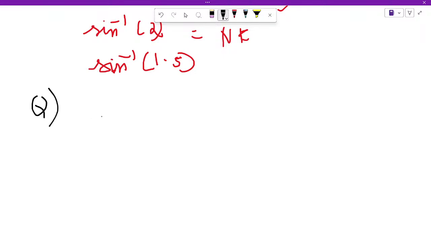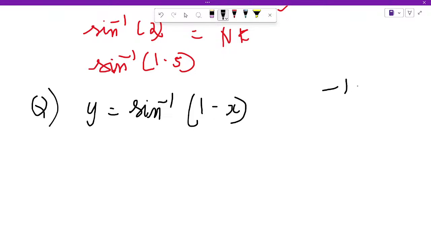Question can be asked like, find the domain of y is equal to sine inverse 1 minus x. With the help of the domain of sine inverse x, we can solve this problem. We know that the domain of sine inverse x is -1, 1, right? So we can put it in an inequality form. That is -1 less than or equal to